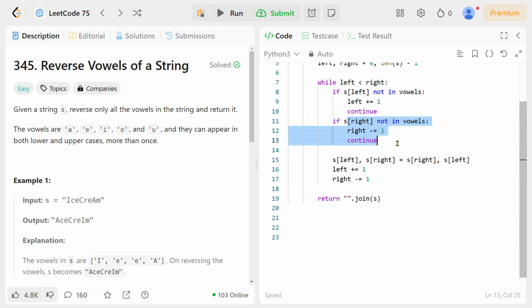When both have found a vowel, they get swapped: s[left], s[right] = s[right], s[left], and then left plus 1 and right minus 1.